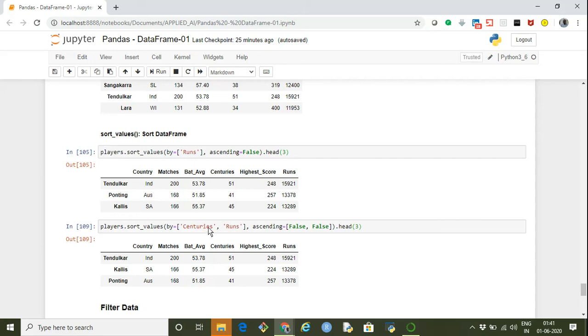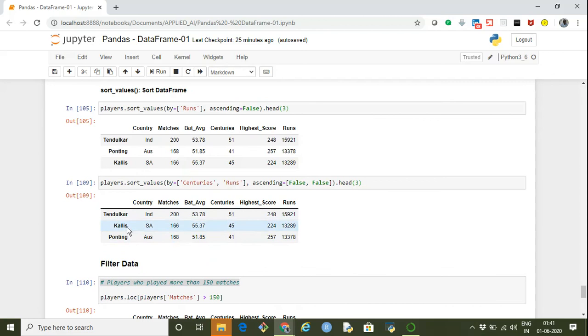And for both these columns, I am saying the highest value should appear at the top, that is ascending equals to false false. So again we get these three players. The only change is that Kallis is now coming at second position compared to Ponting, because his centuries are more compared to Ponting.